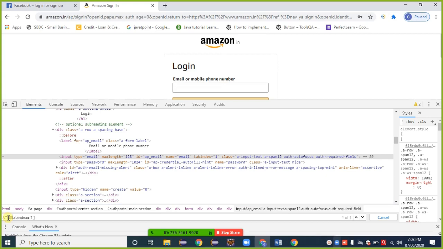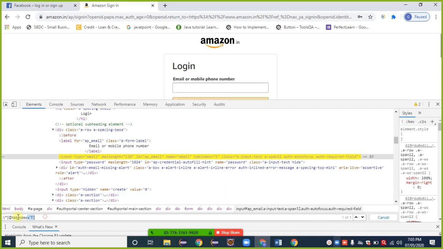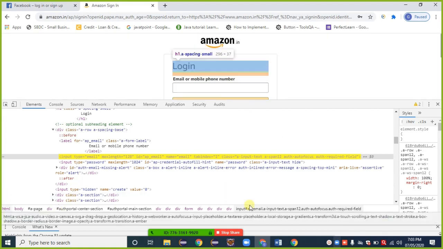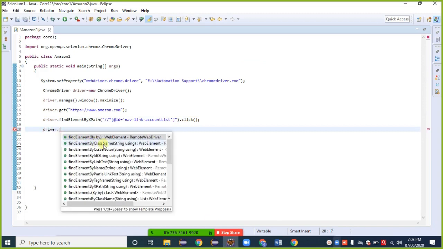So 1 of 1 we get here. Okay, it is fine. Control C. Here, driver dot find element by xpath.